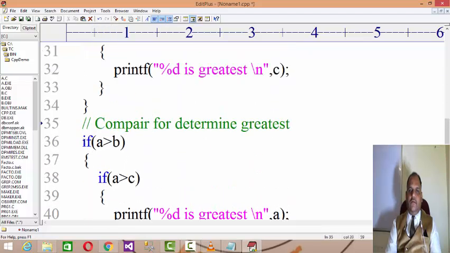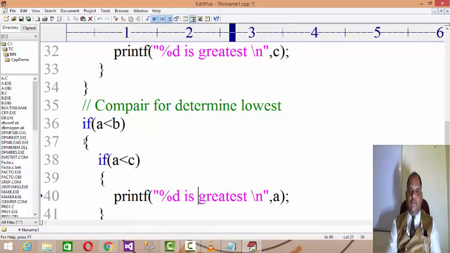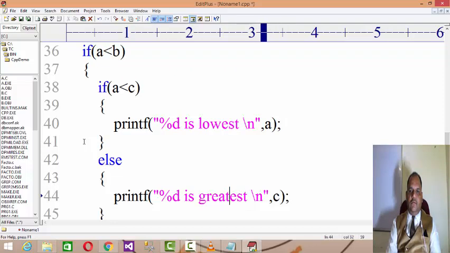Determine the lowest. If a is less than b and a is less than c, the lowest is a. Else the lowest is c.